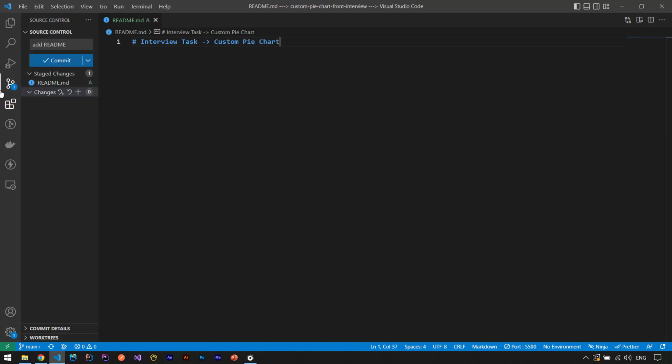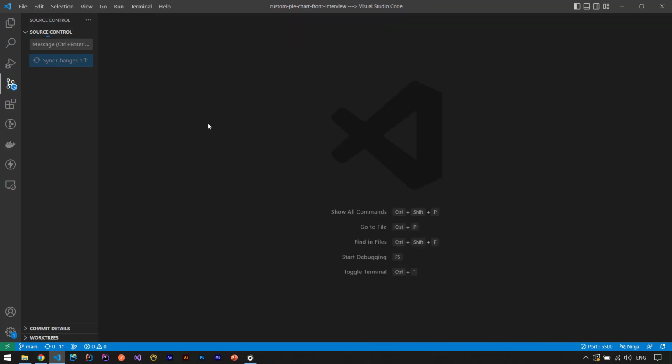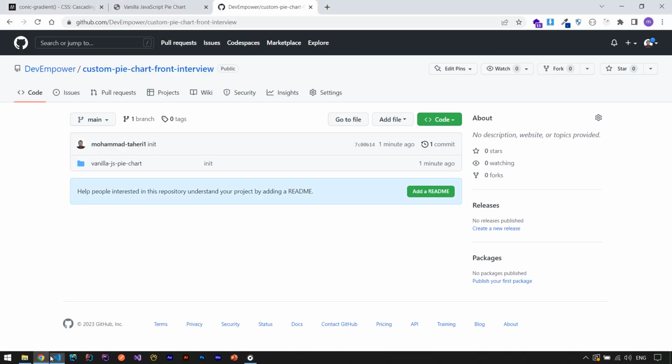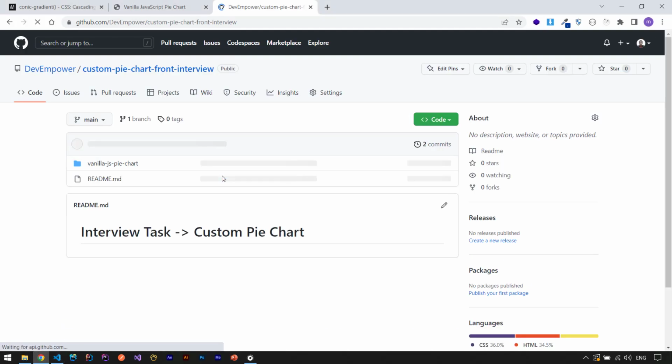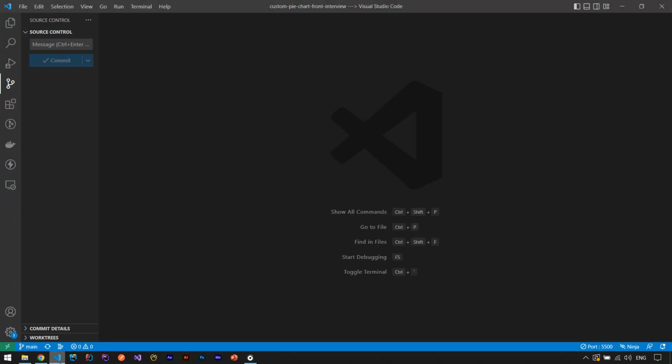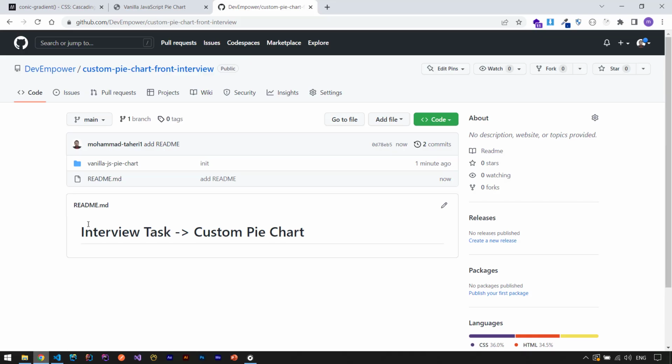You can see that I'm using this source control extension in VS Code, and okay, commit and sync. It will push to the server. Okay, it's finished, and let's refresh here. Now you can see that I have a readme here, and I think that's good. So now it is ready to deliver,